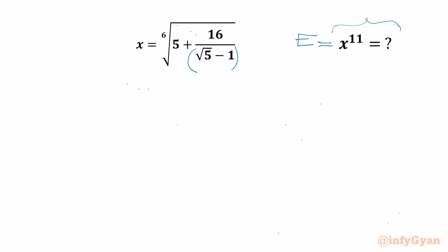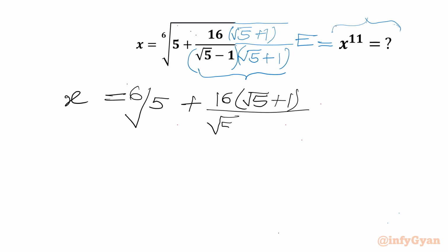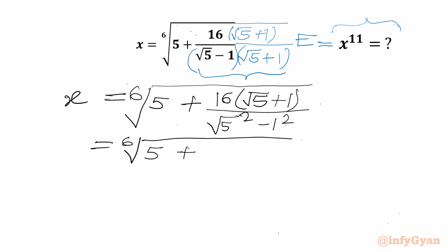Now I will begin with rationalizing the denominator. So I need to multiply the denominator's conjugate in the denominator and in the numerator. Now you can see in the denominator we have one specific algebraic form, a minus b times a plus b. So we can use the difference of two squares formula. 6th root of 5 plus 16 times square root 5 plus 1 over square root 5 whole square minus 1 whole square will be equal to 6th root of 5 plus 16 times square root 5 plus 1 over